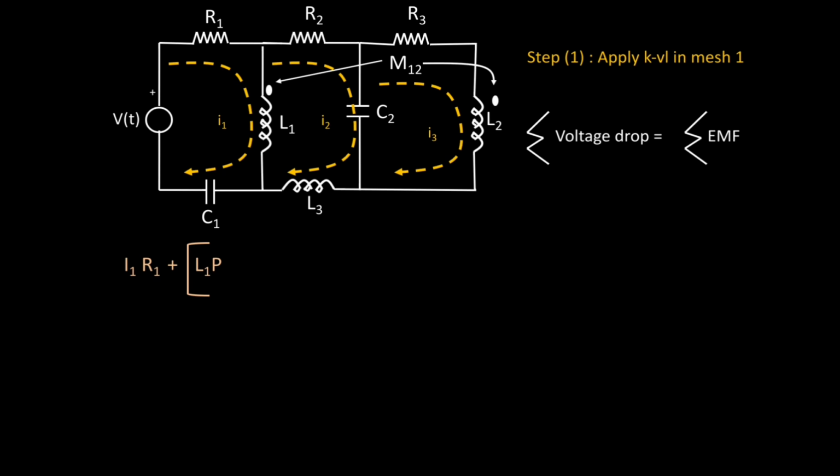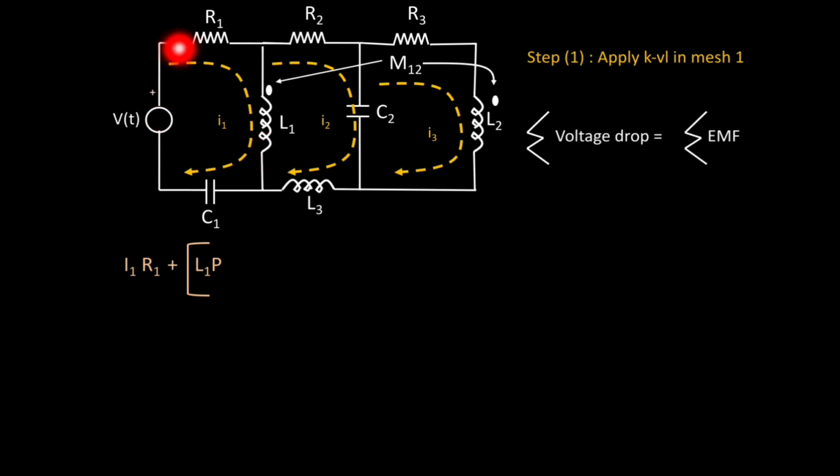Now we have to multiply this ohmic value of inductor L1 by current. Which current is flowing through L1? We can see L1 is common to both mesh number 1 and mesh number 2, so 2 currents are flowing in L1, I1 and I2. I1 is flowing from the upper side to the lower side, and I2 is flowing in mesh number 2, and through this L1 it is flowing from the lower side to the upper side. That's why the total current of L1 is I1 minus I2 or I2 minus I1, because the directions of I1 and I2 through L1 are exactly opposite.